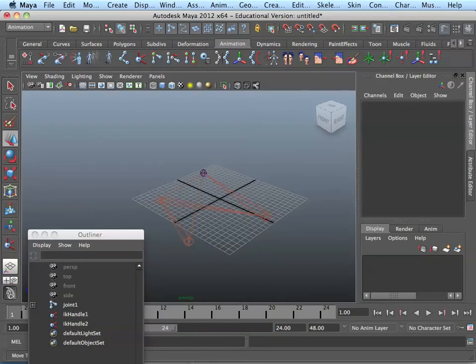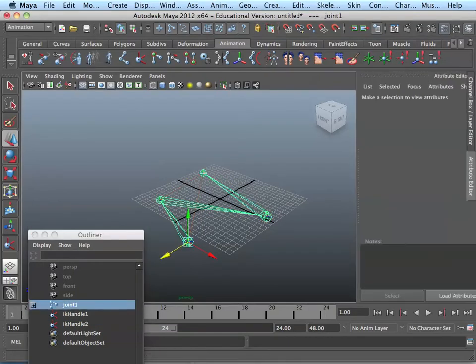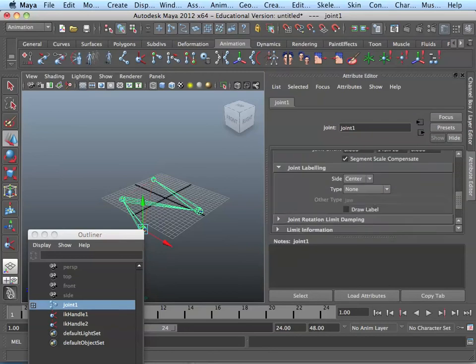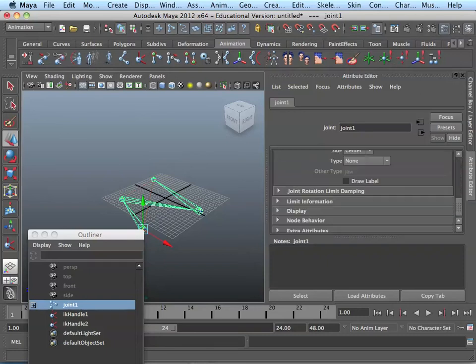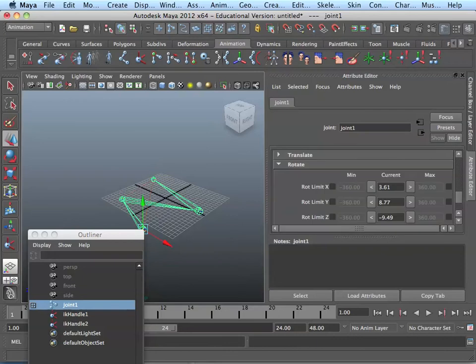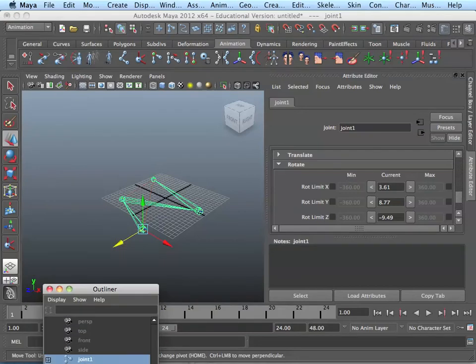So if I go to this joint, I go to the attribute editor, and there's the joint, and there's the limit information. So let's say I wanted to keep everything where it'll only rotate flat, right? Like you can't get it to twist in this way. So that would mean I only want it to be able to rotate